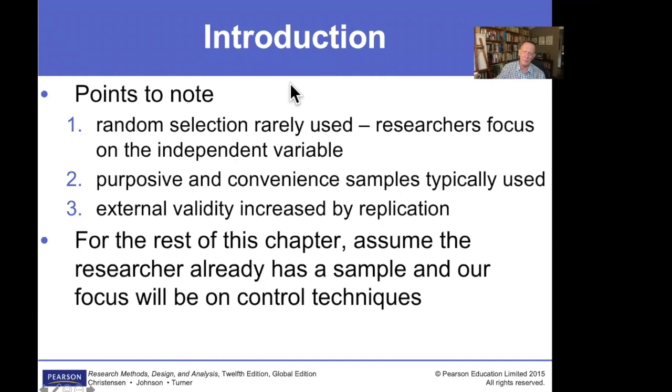Okay, so now the slides have got these points of introduction, which you can read in the textbook. Important, what they say is random selection is rarely used. Researchers focus on the independent variable. Purposive and convenient samples typically used, which is not correct. If you would like to generalize, then you should actually utilize random selection. But as they say, as soon as you focus on the effect of the independent variable or the causal mechanism over there, then they